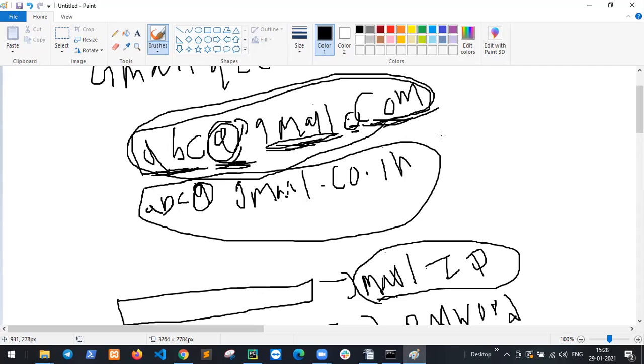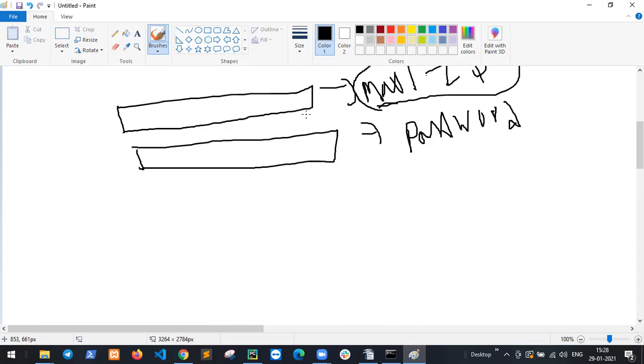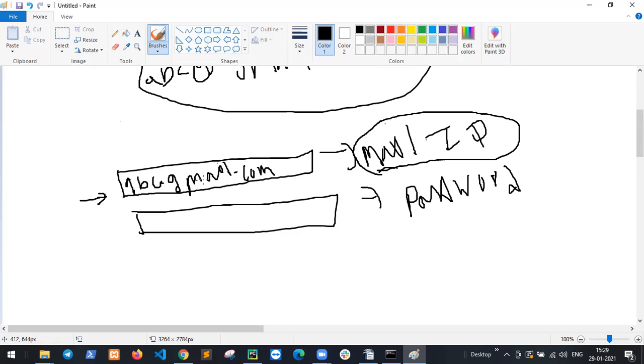You know what validations are? If you want to create a Gmail ID, mail ID, ABC, but I forget the at the rate. I don't know the at the rate, and gmail.com. So does it exist or not? I forgot the at the rate. So does this mail ID exist, sir? It does not exist, because the at the rate is forgotten, but the at the rate is a must. So this is a validation check.